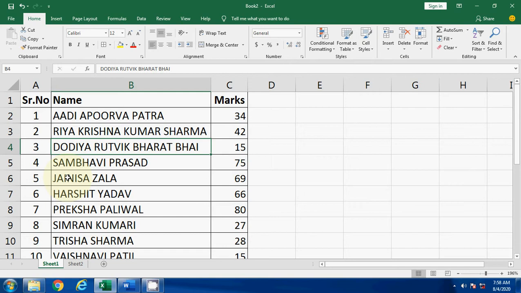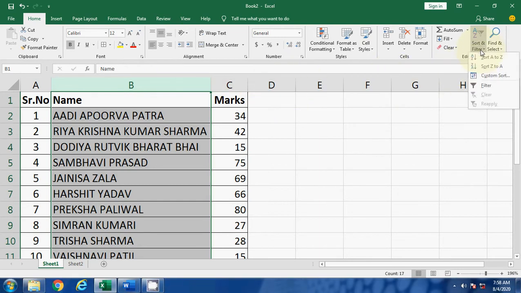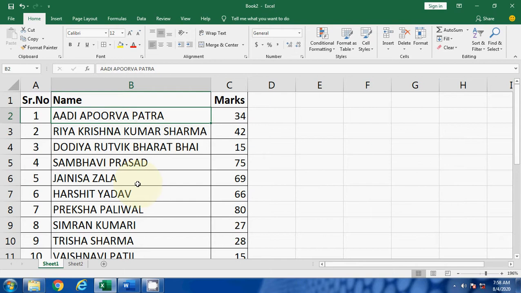So first you have to select the column. Click on the column header, and when the mouse cursor becomes a down arrow, click there. So this is how you select a column. Just after that, go to sort and filter. If you want to select this column by using a shortcut key, you can also do that. With the shortcut key you have to use Ctrl Space.